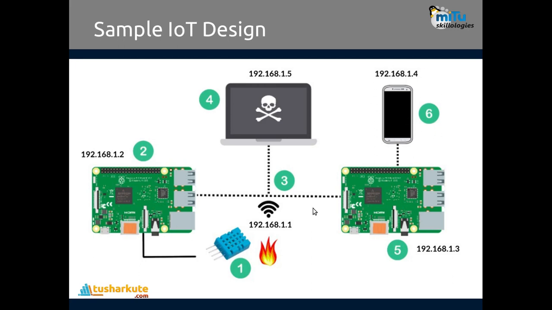Okay, so here the sensor will read the temperature and convert it into an electrical signal, which is identified by the Raspberry Pi. This data can then be sent over the network to another Raspberry Pi also. And by using the user interface we can easily monitor that by a mobile phone, by a web interface, or by any Android applications also. Okay, this is how a simple IoT application design will work.